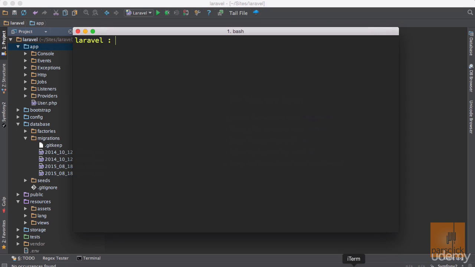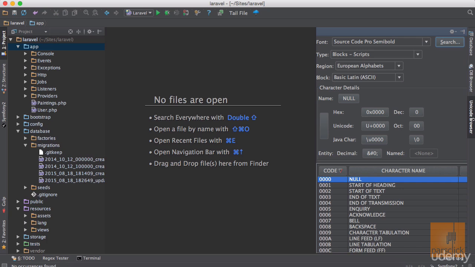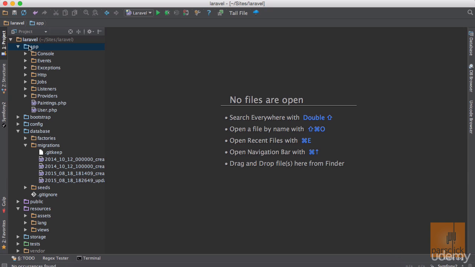So in this video, I'm going to just create a model using PHP Artisan. Notice that I am inside the root of my application. PHP Artisan make model, and let's name it Paintings. Make sure you start with a capital letter, it has to be camel case. Let's hit enter. And as you can see, it says model created successfully. If you go back right here, you can see that in your app folder, we have a Paintings.php